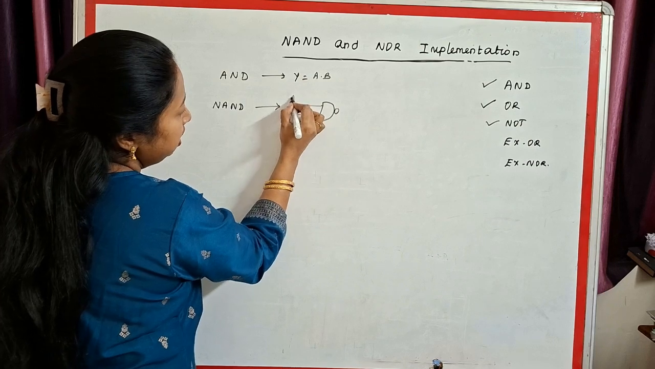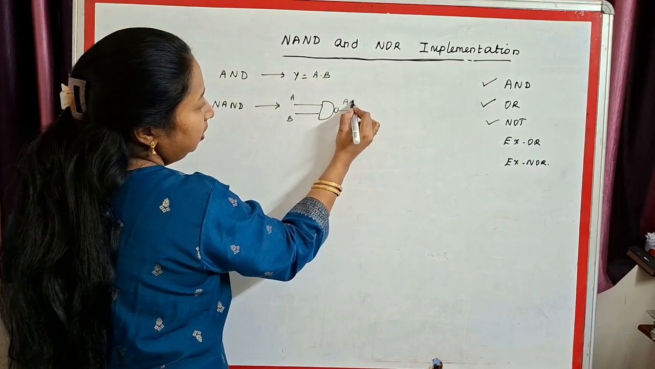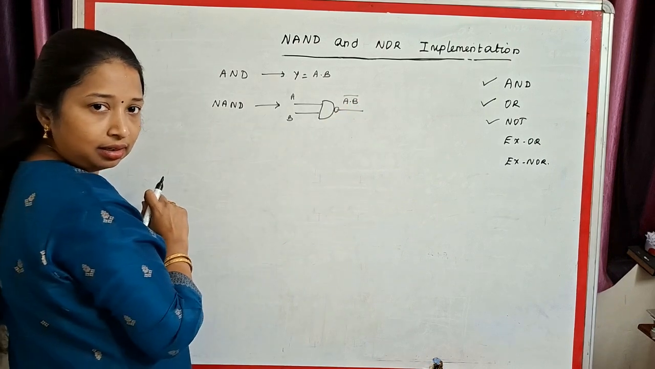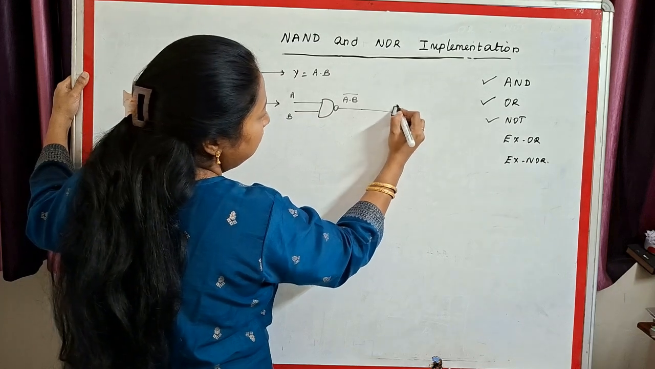The same inputs I am taking. What is the output of the NAND gate? It is (A dot B) the whole bar. Correct? To make the output of the NAND gate the same as the AND gate, I am going to feed this inside another